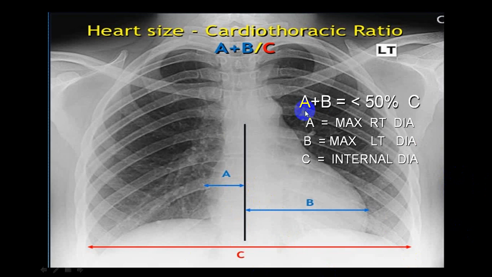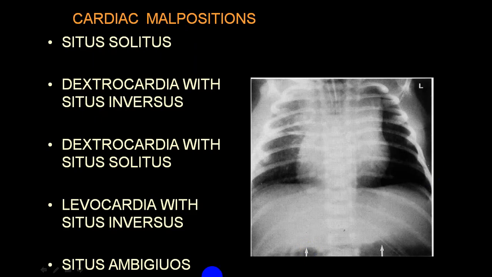And while using this, again look at the thorax, look at the position of the clavicle, so there is no rotation, and look at the right dome of the diaphragm. It should be in full inspiration. So anterior wise it should be the 6th rib, and posterior rib wise it should be the 9th or 10th rib. So this should be the criteria, and after this you can mention regarding a cardiomegaly.